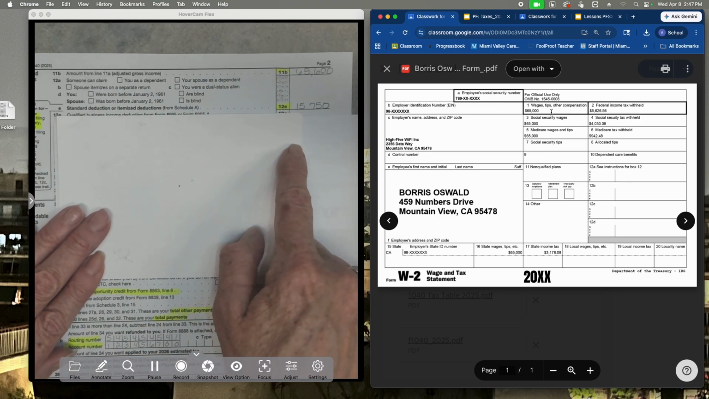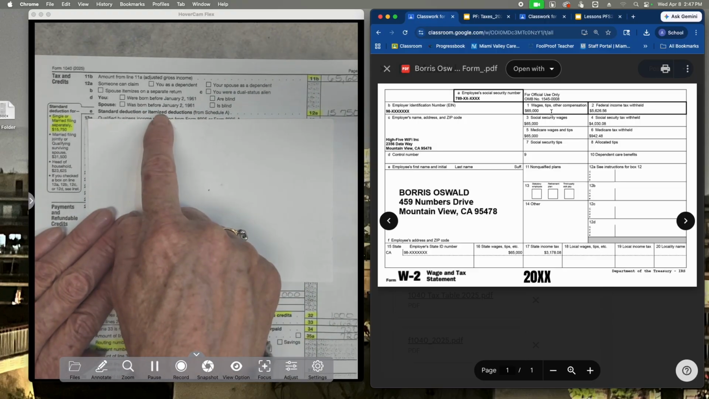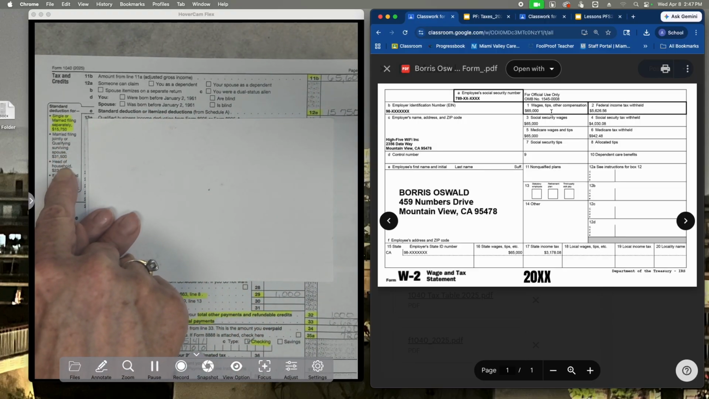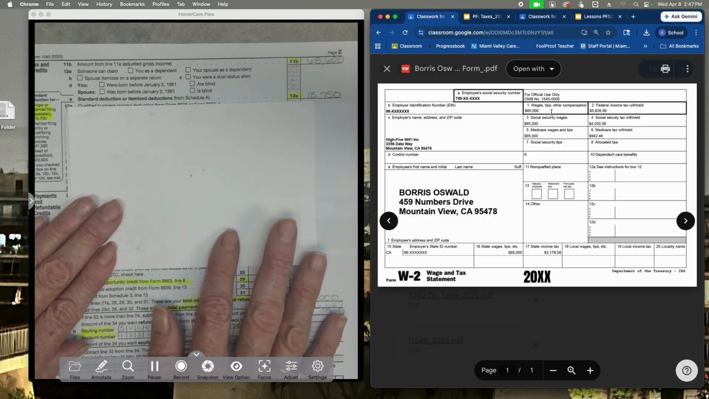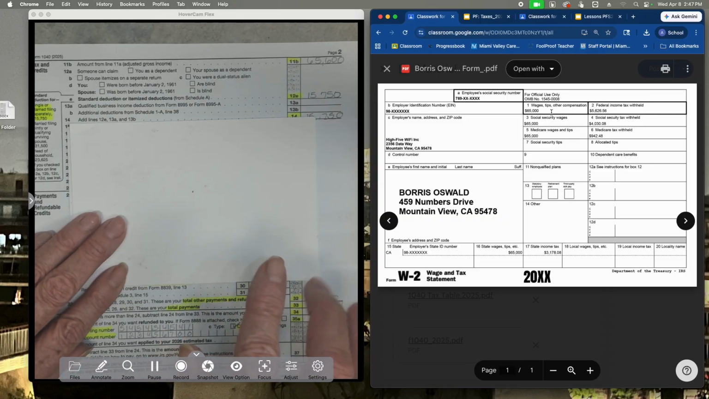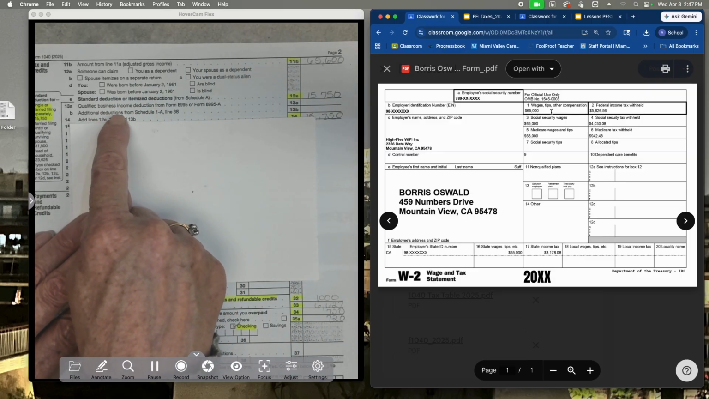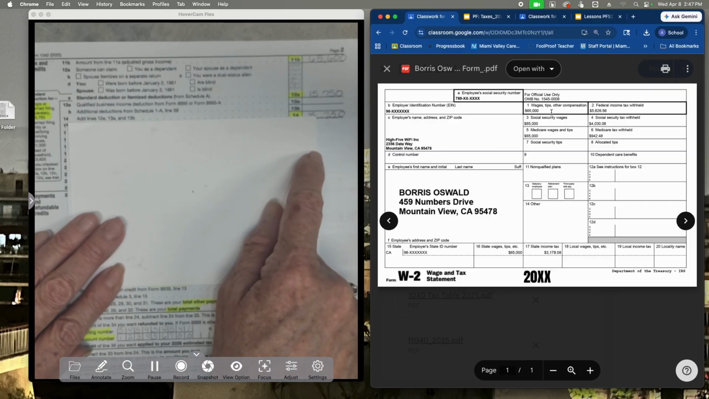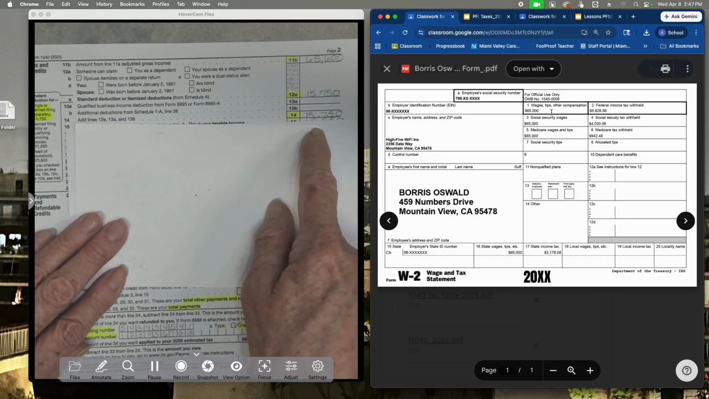So that is going to go on line 12E. If he was married, filing jointly, it would be different. Head of household would also be different. Then we're going to go and see that he doesn't have a business or any other deductions. Okay, so his grand total is going to be